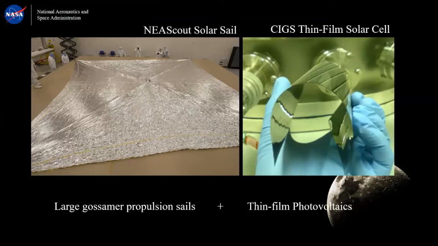This particular sail is about 86 square meters in size, and it's just a couple of microns thick. So very low weight, stows into a small volume, and then deploys into a very large area on orbit. So we're looking at these large gossamer sails and realizing, hey, this is a really good substrate, especially when coupled